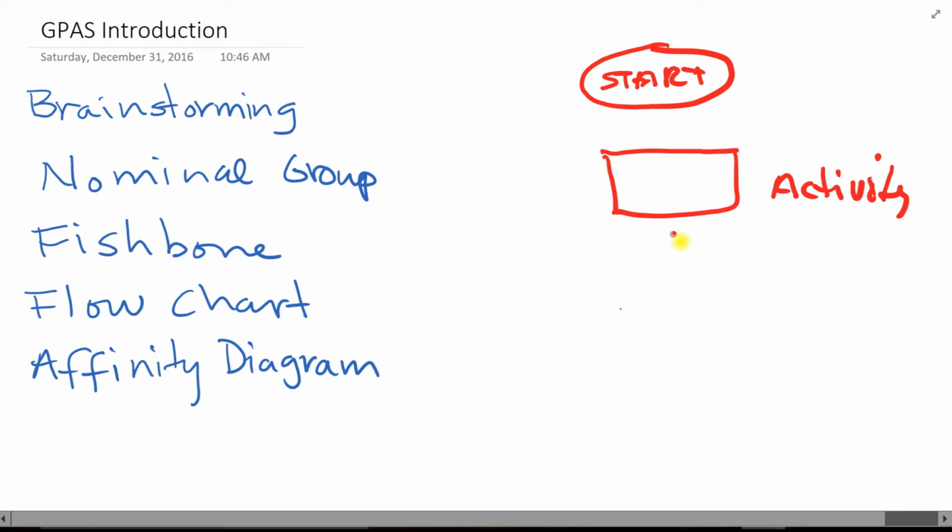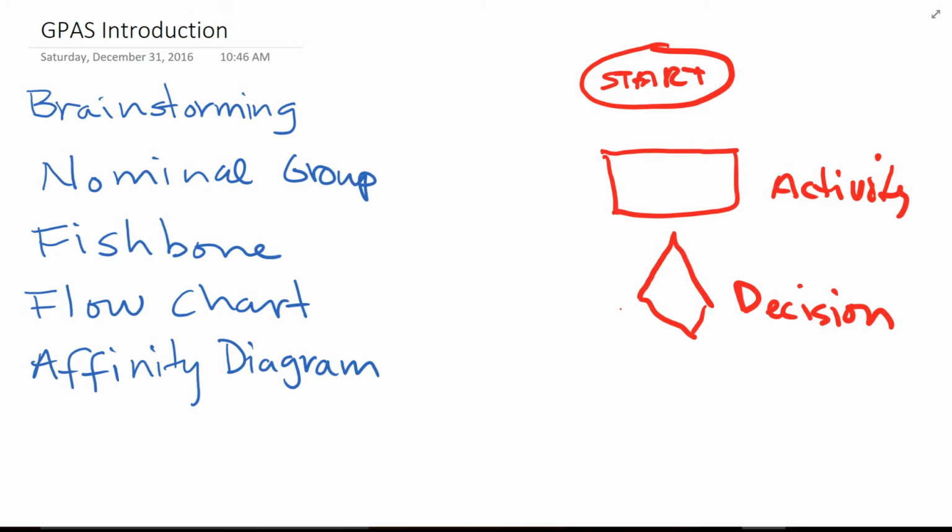At some point, we will come across a decision. So that's a diamond. And it's typically an either or, yes or no. So you might be familiar with the medical diagnostic charts that sometimes you can look up. I have a stuffy nose, and then you walk through, do you have this, do you have this, and if you say yes, then you go over here. If no, you go someplace else. So that's a decision,